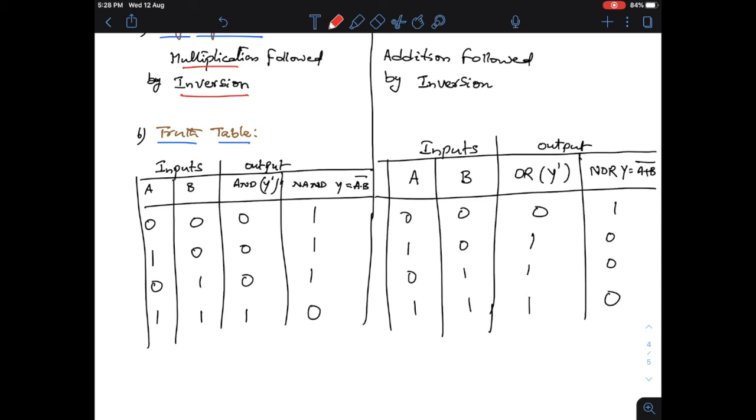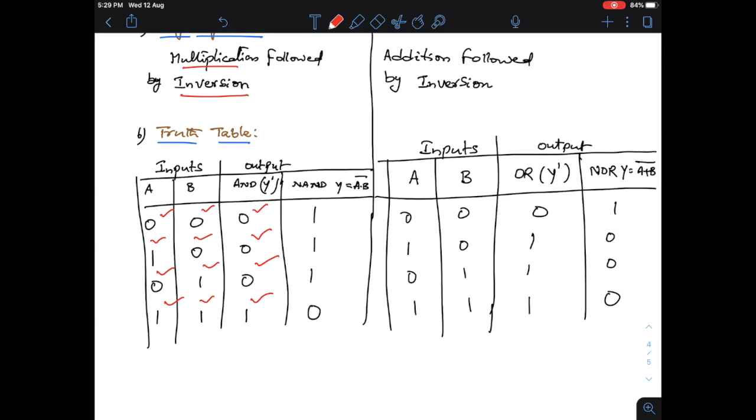So, you have AND gate. A 0, B 0, AND gate A dot B. So Y dash is the output of AND gate which we have represented. So that is 0. Then if 1, 0 are the inputs A and B, then also it is 0. Or 0, 1, it is 0. 1, 1, then it is 1. So far it is exactly the same as we have discussed in AND gate.